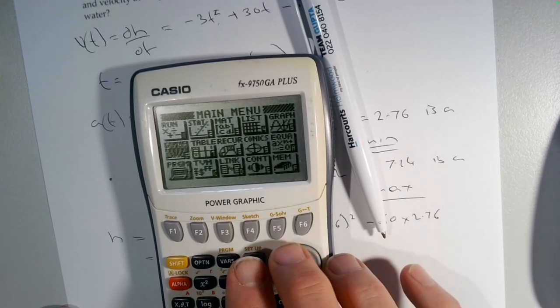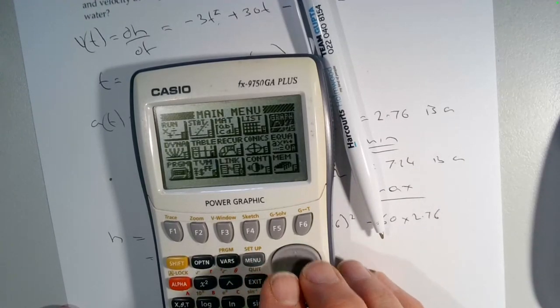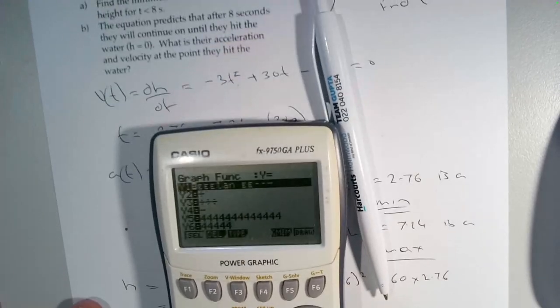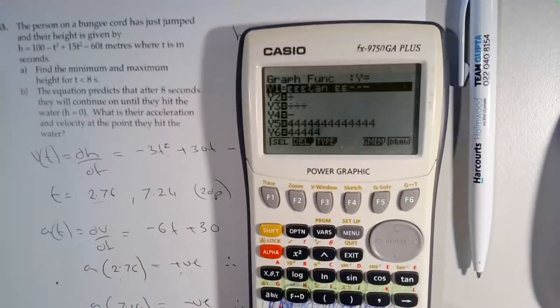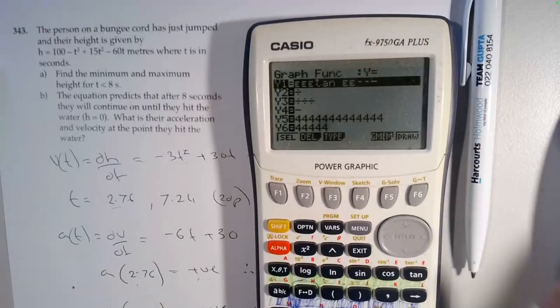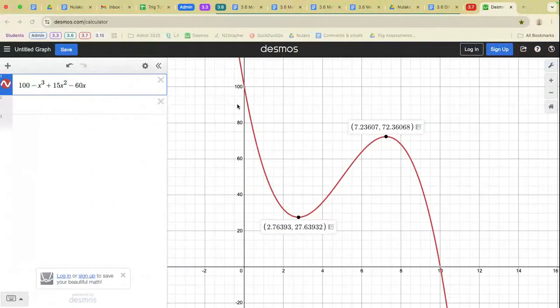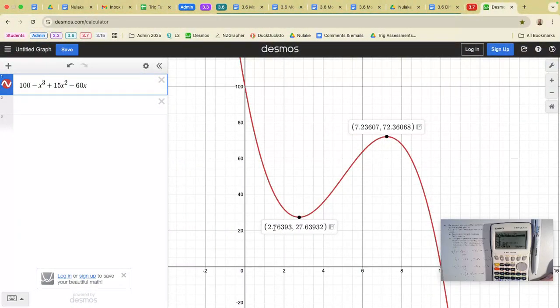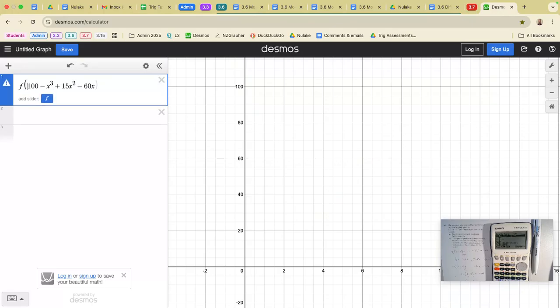Let's use this thing to its capacity. So let's go to graph, and we should have done this to start with instead of using Desmos. Obviously, with Desmos, hey look, there's the answer right there. If you plug in 2.76 into here, out pops 27.6. If you plug in that coordinate point there, out pops that. Just a fancy thing, if you want to call this a function, f of x,